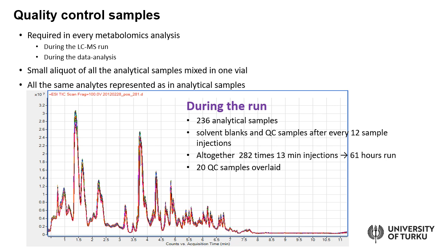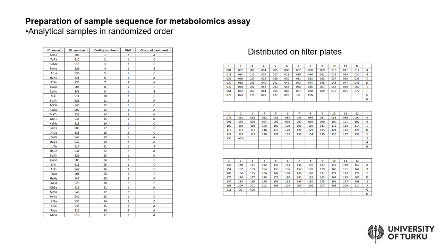And here, what you see are the chromatograms overlaid from 20 quality control samples that are included during the analytical run. And as you can see, the chromatograms are perfectly overlaid. So this is a very comforting result from the initial quality control check, that your QC samples are perfectly overlaid, meaning that the signal from these samples is completely similar.